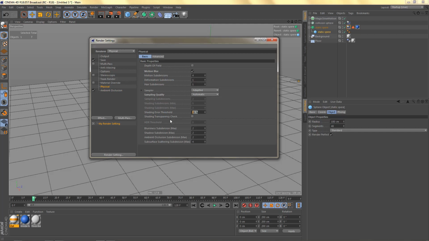And for the final render, I would probably bring this down to 10% and increase the blurriness to 4 or 5. And let's see, what else could we change? The ambient occlusion, because I'm using that. And we don't need to change the settings for the subsurface scattering. In fact, we can bring this down to 0. I don't think it matters, because if we don't have subsurface scattering, the physical renderer will not calculate it, no matter what you have entered here. Shadows, we don't really have any. We have the ambient occlusion, but just in case, I'm going to bring that up to maybe 4, and I'll just do